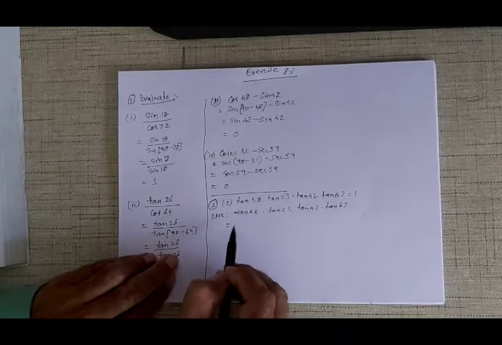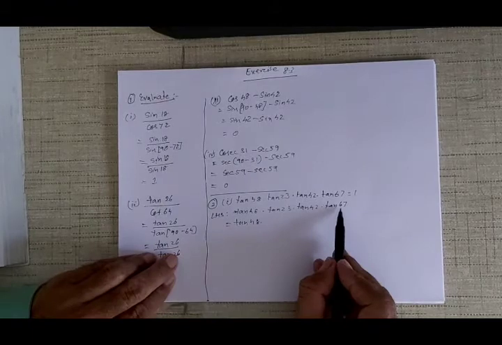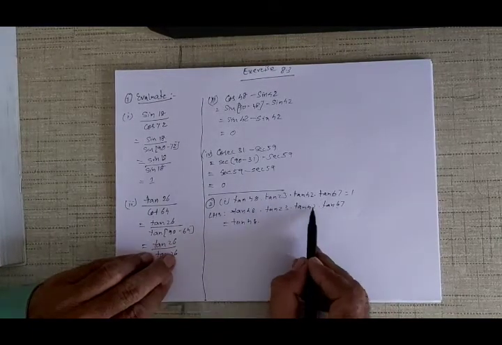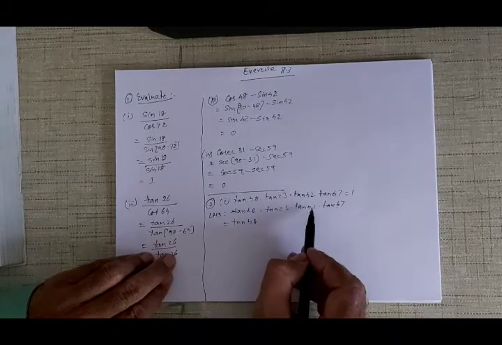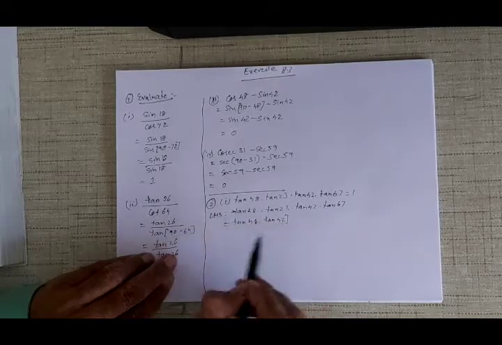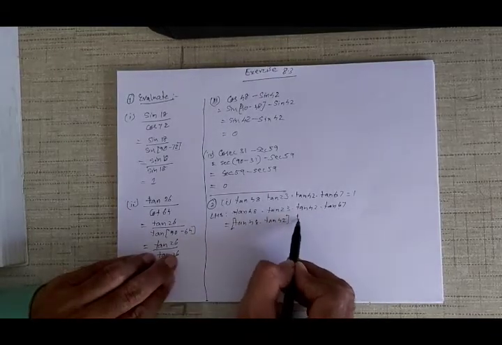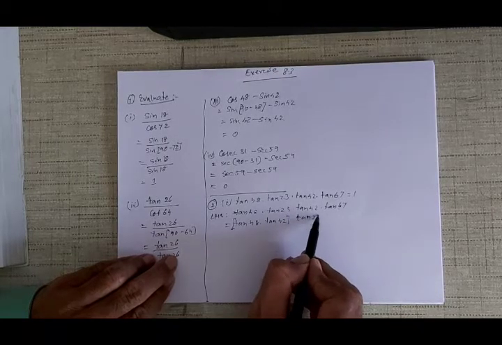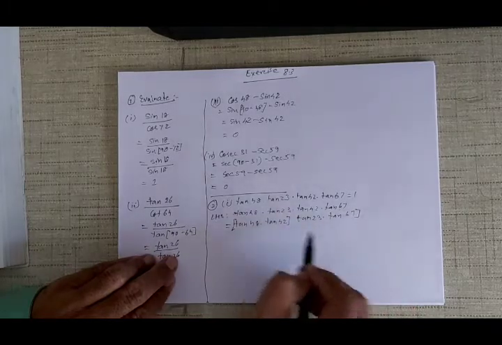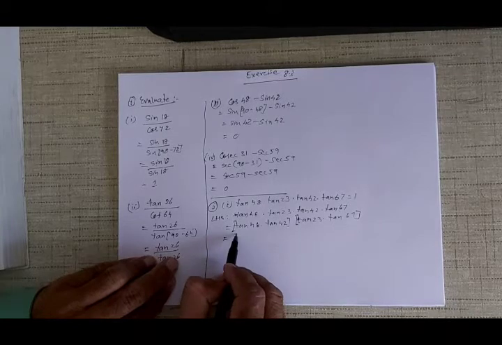All you have to do is rearrange. Tan 48, and you can keep tan 48, and what is 40 and 40, 80, 80 and 20, 100. So tan 42, write it next to it. I just change the order. I took these two together, and tan 23 after that tan 42, and tan 23 and tan 67 I took next to each other, because their total is 90. So therefore this is equal to tan 48.